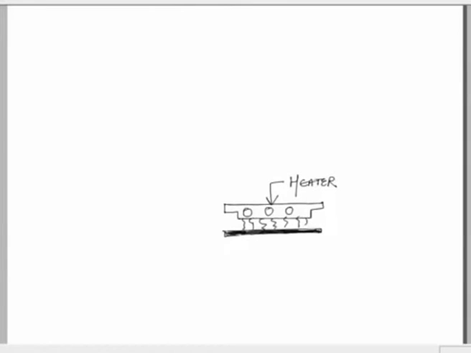This is the plastic sheet which is getting heated because of the heat which is being supplied by the heater, and then we need to clamp this sheet so that we are able to deform it according to the desired forming or the mold dimensions. So, this is, we can say, the clamp, or we can have clamps on both the sides.